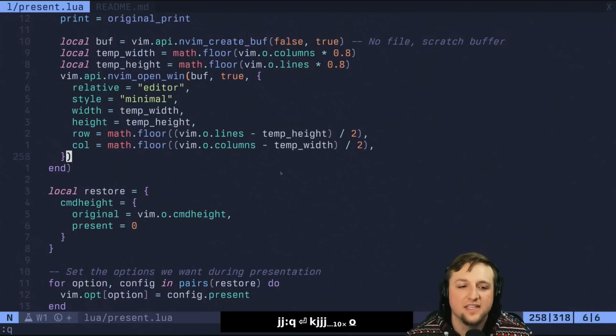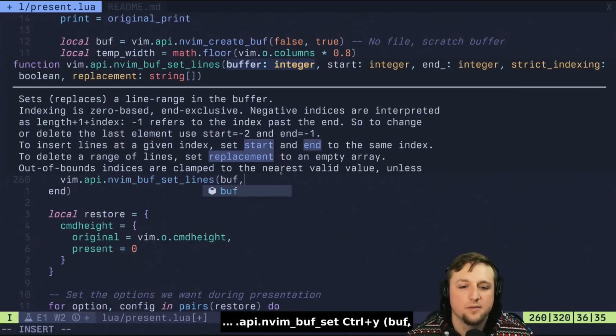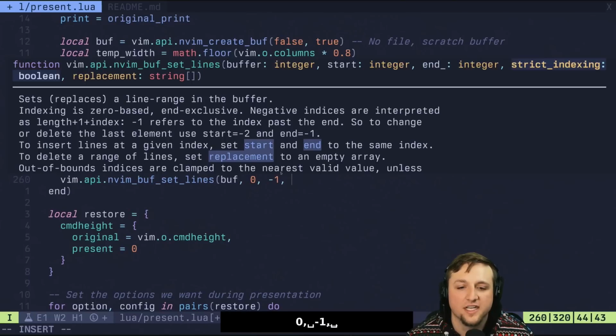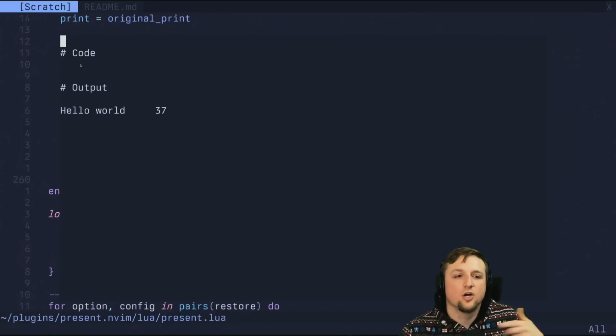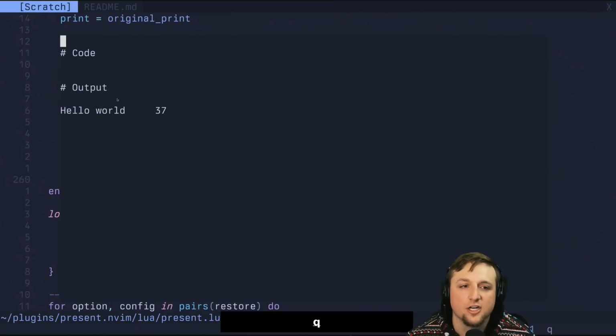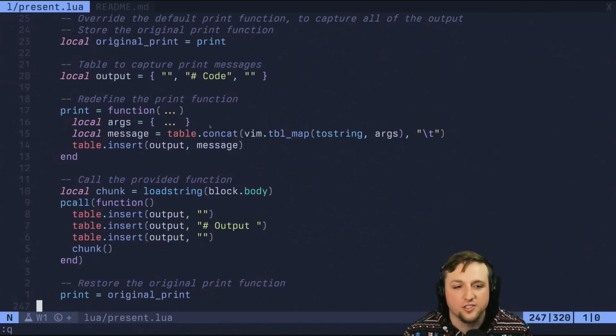So once we've made the window, vim API nvim buff set lines, we'll say buff, and we'll say 0, -1, false, and then we'll say output like this. So now when we go here and we press this code, we get the output right here. Awesome. The only other thing that we might want to do is we might want to put inside of